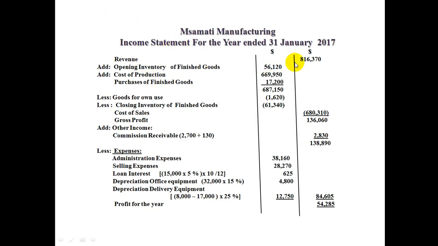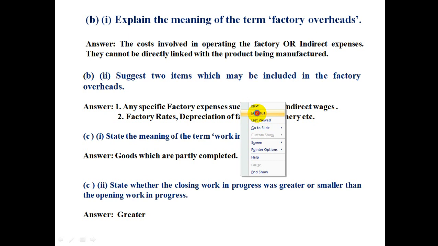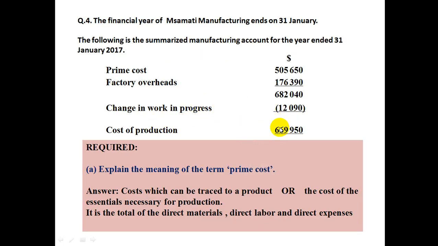Let's start with the revenue. We'll write the revenue here and we'll work on the cost of sales portion. Cost of sales portion always starts with the opening inventory of finished goods, which is given here. Cost of production, which is given to us in the question, is this one. We'll be using this cost of production because we are preparing the income statement of manufacturing business,